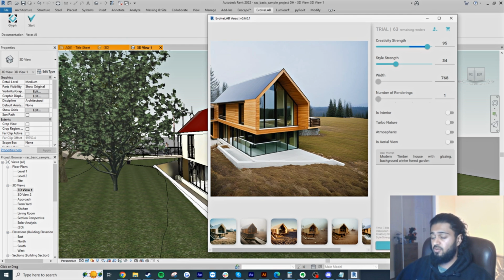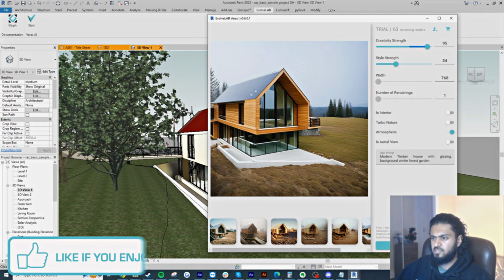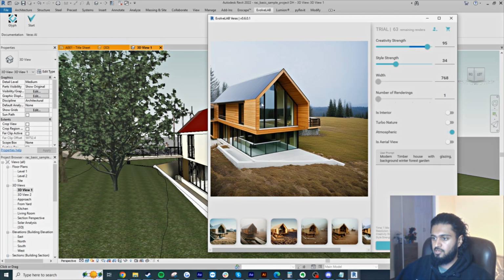And as you can see, we've actually got a pretty decent realistic result. If I go to atmospheric now and render that, I want to see what happens. But this part here is kept from the model. It is timber. I think it's given it some solar panels. I haven't actually got that in the model, but that's pretty cool, and the glazing is pretty nice as well. So if we go to atmospheric and hit render,